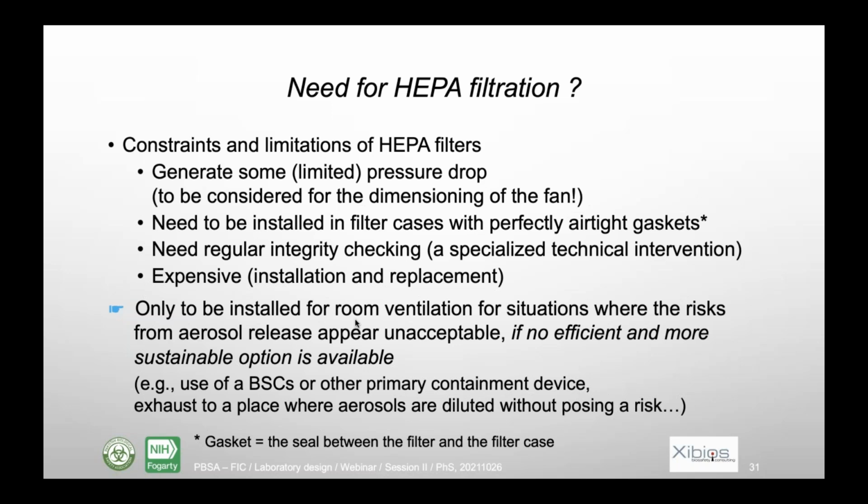हेपा फिल्टर्स की कुछ रुकावटें और कुछ हदूद हैं। ये कुछ महदूद हद तक प्रेशर ड्रॉप पैदा करता है, और इसे एयर फिल्टर केस में बिल्कुल एयर टाइट गैस्केट में इंस्टॉल किया जाता है, और इस वजह से स्पेशलाइज्ड टेक्नीशियन से इसकी देखभाल बहुत लाजमी है। इसकी इंस्टॉलेशन और इसको तब्दील करने का अखराजात बहुत ज़्यादा हैं। सो इस वजह से HEPA फिल्टर को तब इंस्टॉल किया जाता है जब एरोसोल के अखराज से पैदा होने वाला खतरा नाकाबिले कबूल हो। अगर ऐसा नहीं है तो बहुत से मुतबादिल जरिए भी मौजूद हैं, जैसे कि बायोसेफ्टी कैबिनेट का इस्तेमाल या फिर एरोसोल को ऐसी जगह पर बाहर निकाला जाए जहां वो डाइल्यूट हो सके।